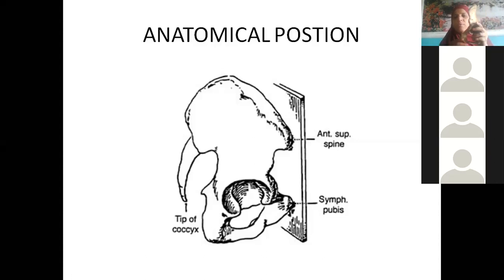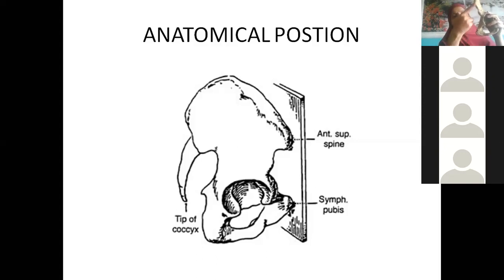When you see this bone, which bone is this? Hip bone. And what I am holding is the left hip bone. How to identify? The thin bone is anterior, that is the pubis. The comparatively thick bone should come behind. And this upper expanded part is the ilium, so this whole part is the iliac crest. When you hold the bone, this and this should be in the same line, like this.